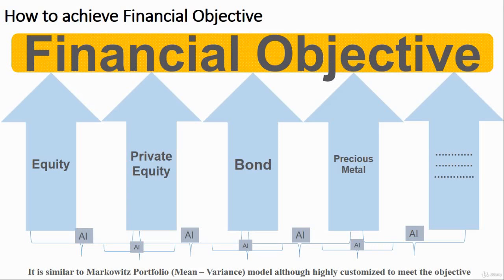And this is one of the questions everyone asks: how to achieve a financial objective? So how much should you invest in equity, private equity, bonds, precious metals and so on, so that it meets your financial objective. It is similar to the Markowitz portfolio, which is a mean variance model, although it is highly customized to meet the objective. It tries to say that suppose you have $100 to invest, how much you should invest, and in which all